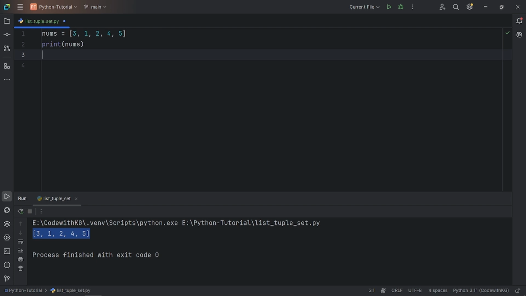यहाँ पर जो है if I have to print the length of this list, then यहाँ पर जो है हम simply length function का यूज करेंगे to print the length of the list. So you can see here यहाँ पर जो है इस लिस्ट का लेंथ 5 है, so यहाँ पे ये 5 प्रिंट कर दिया है।